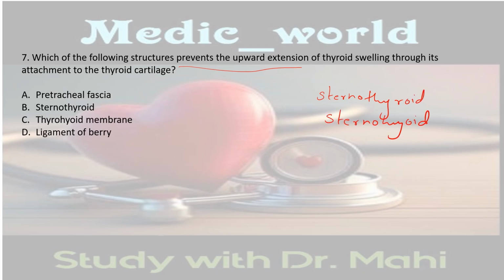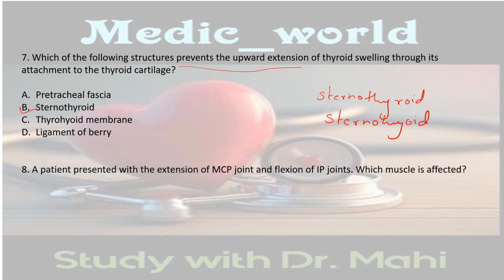So the answer to this question is option B, that is sternothyroid. Now the next question. A patient presented with extension at MCP joint and flexion at interphalangeal joint, which muscle is affected? We all know that flexion at MCP joint and extension at IP joint